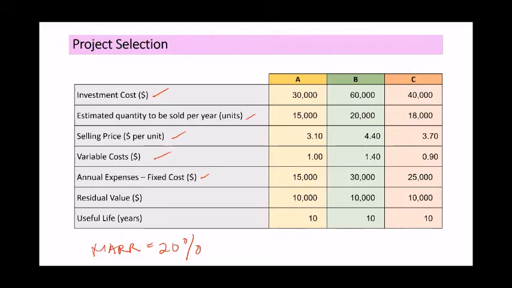In contrast, we have the variable cost. From the word variable, it is changing depending on the quantity of output. That's why if you are going to increase your output, your variable cost will also increase. It is not the same as the fixed cost, where even if you are not producing, like for example